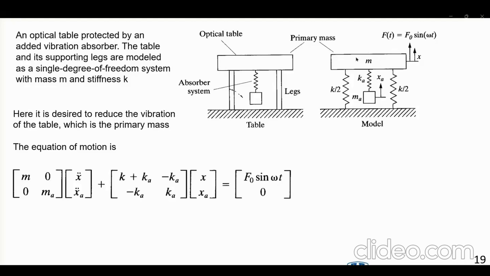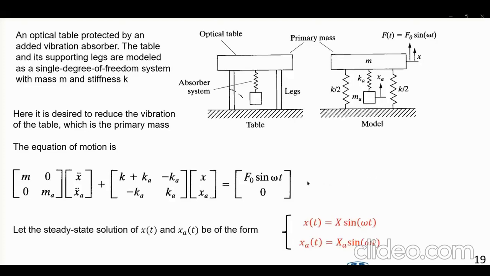The load is on mass 1. This is the mass 1, F0 sine omega t, and nothing on mass 2. So this is the equation of motion. All right. Now, because there is a sinusoidal force on the mass 1,